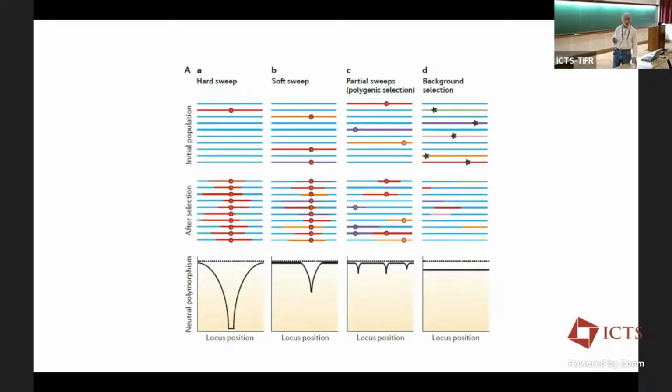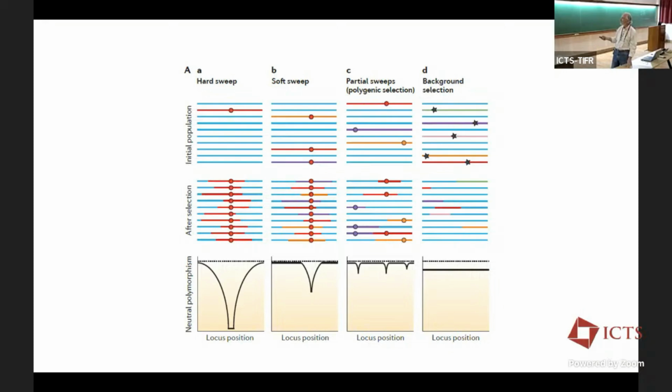And probably we'll hear a lot more about many of these things in a more rigorous manner throughout this course, but people are interested in these kinds of issues about purging of genetic variation by various forms of selection. So the first thing I was talking about is effectively a hard sweep. You get this complete elimination near the region of the selected locus.